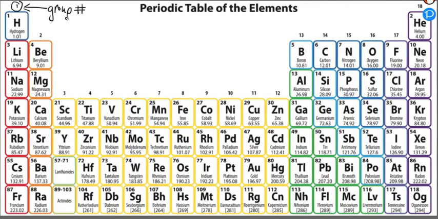In other words, right here, group 1, all of these elements would be considered group 1 elements: hydrogen, lithium, sodium, potassium, rubidium, cesium, and francium. We could keep going down the line. Here we've got group number 2, which has beryllium, magnesium, calcium, strontium, barium, radium. All these are group 2. So on and so forth as we move all the way over to our last one, group 18,